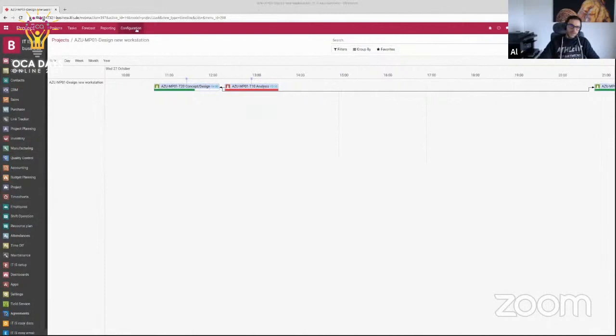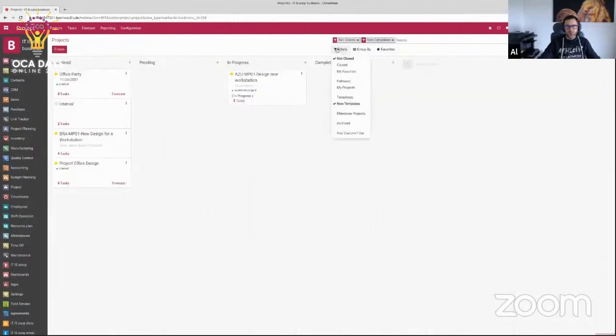What else? I explained it before. Here in the configuration, you can see we are not only using the milestones, but also the status, which is brought by our OCA module. Milestones we already talked about, as well as the tags. And last but not least, when we go to the project, we can also remove the filter here for templates,